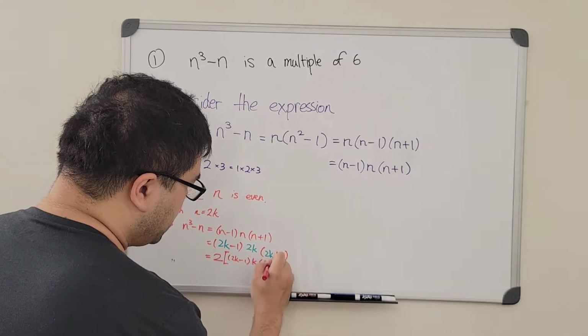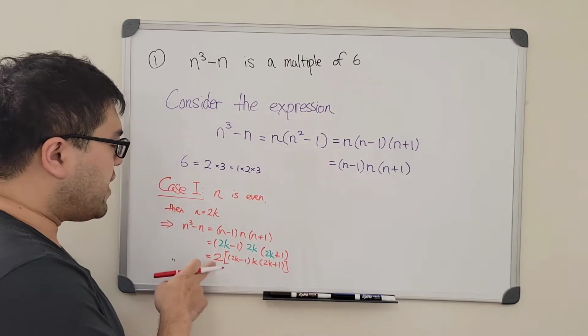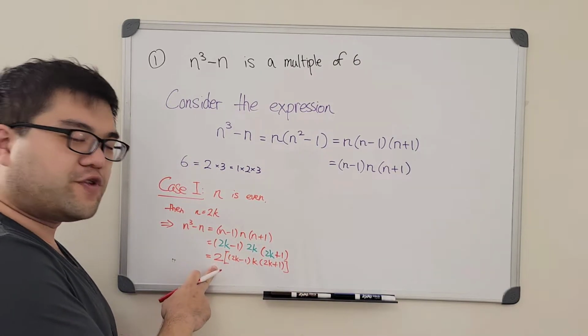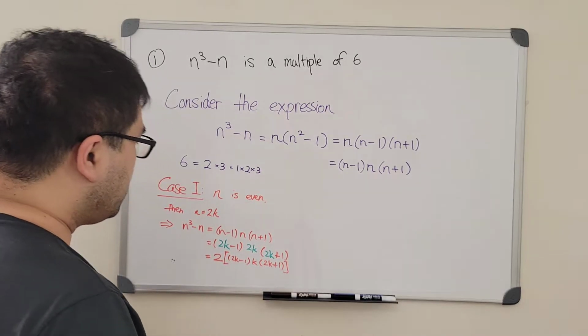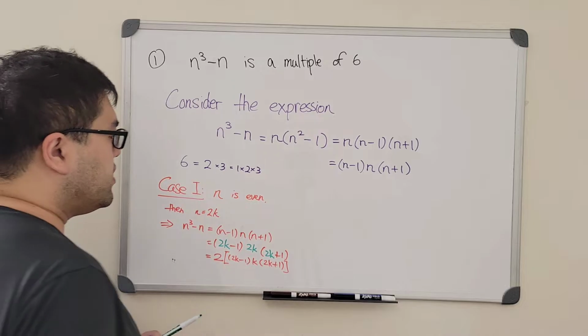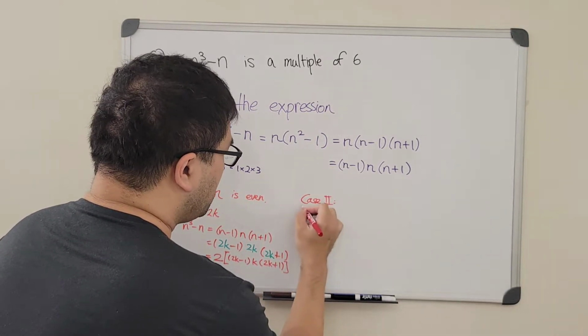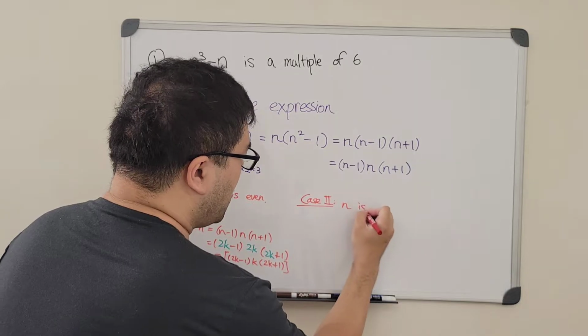And let me write out that integer part, even though we don't care anymore. But that means it's a multiple of 2 here. Good. So we just showed what happens when n is even. So for case 2,